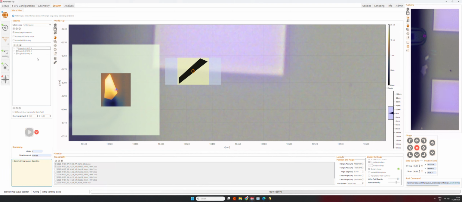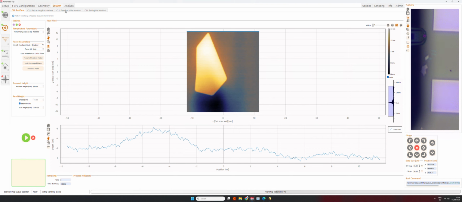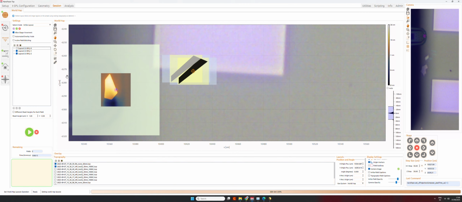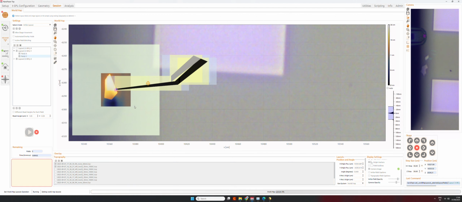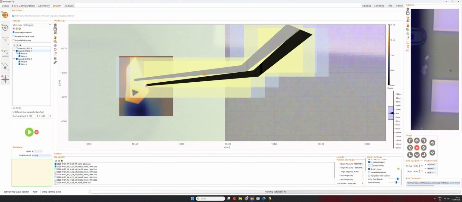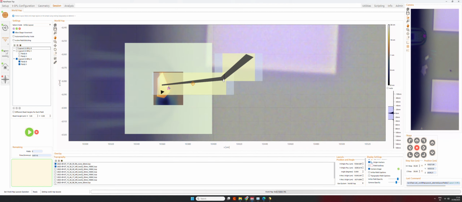Okay, we actually have some problems with this field. I'll try to fix them. It's probably related to the scan region, so we may have to increase the pixel time to maybe 40. Okay, so we had a scan region that was too large for that pixel size. So in this case, you see that, let's unselect this field. This layout TSPL2 has the exact position that we had here.